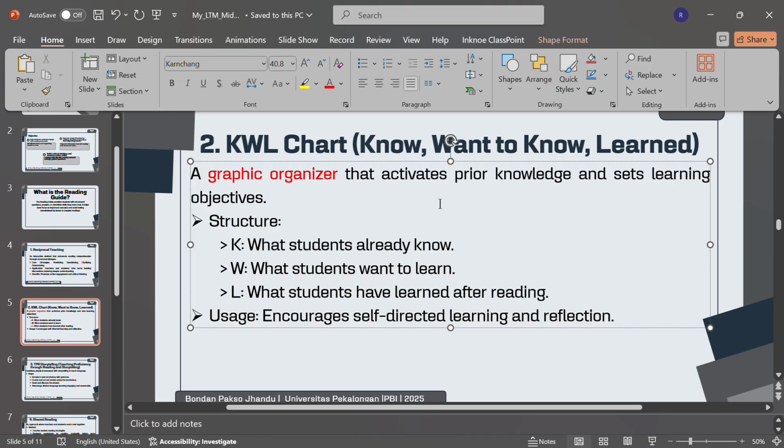The main purpose of a graphic organizer is to provide a visual aid to facilitate learning and instruction.